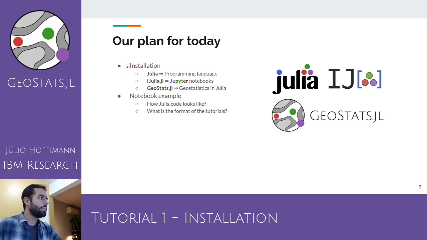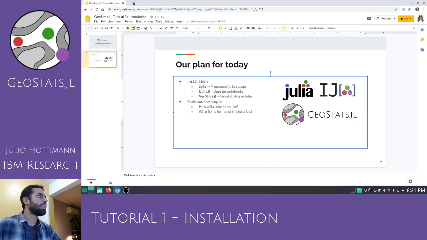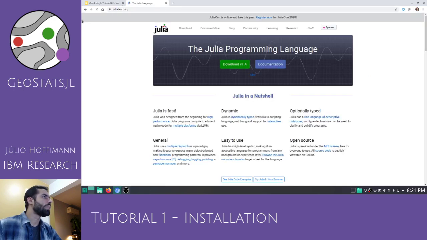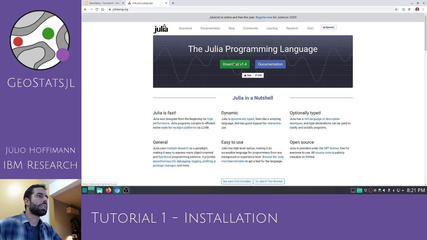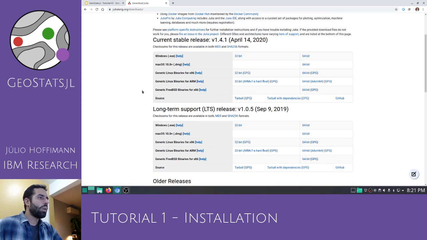First, installation. To install the Julia language, we go to the JuliaLang website, julialang.org, and we go to the download button here. We'll see that there are many download options, and we'll always be looking at the current stable release, which is currently version 1.4.1. You will look at your operating system, in this case mine is Linux, and I'll click here to download the